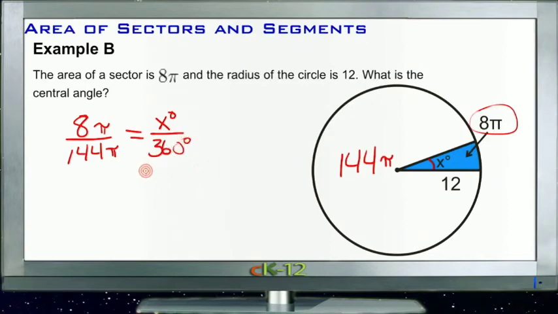So we have a proportion. The area of the little segment compares to the area of the entire circle, the same way that the degree measure inside compares to the degree measure of the entire circle. So now we can just multiply, and we get 8 pi equals, in fact, we can just cancel the pi's right at the beginning. Not worry about them at all. 8 equals